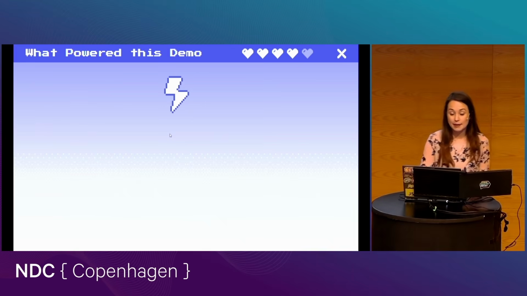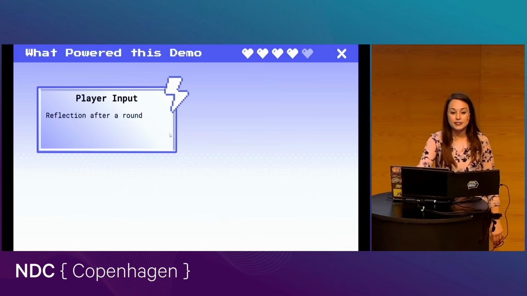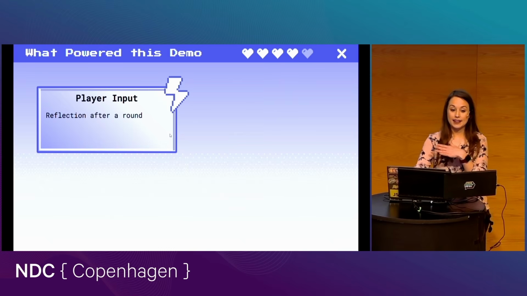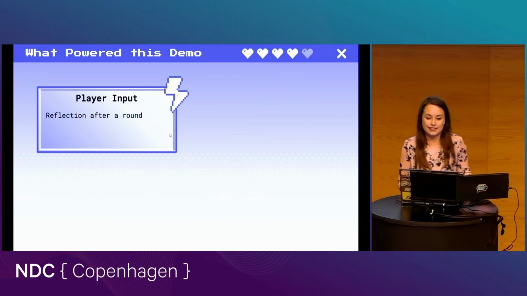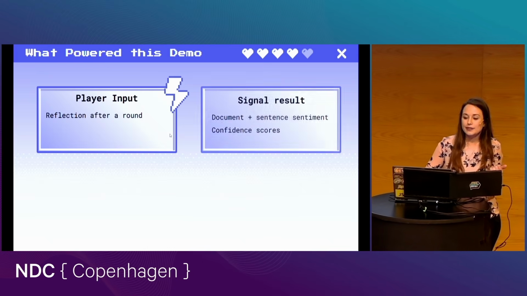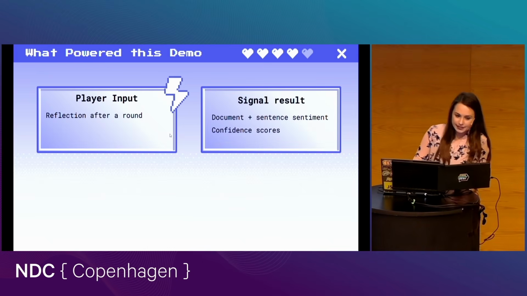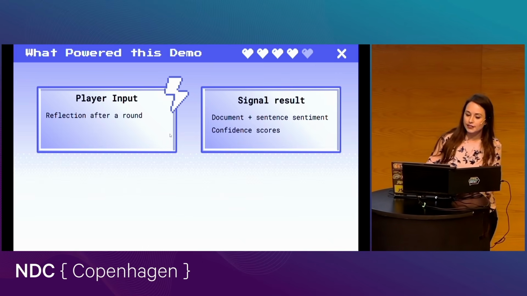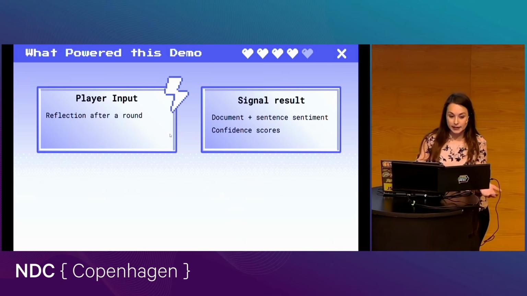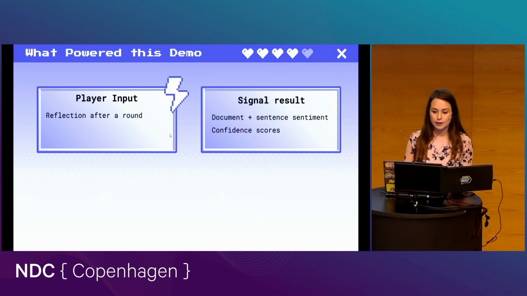So what powered this demo? At the start, the app only has one thing to work with, and that's the player's reflection of how the round went, right? Then Azure turns that into something much more useful. You get the overall sentiment, you can see sentence-level sentiment, like I mentioned, and you get these confidence scores back, which were those percentages.